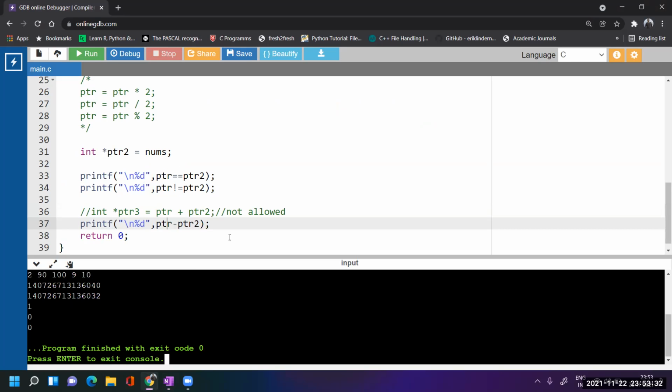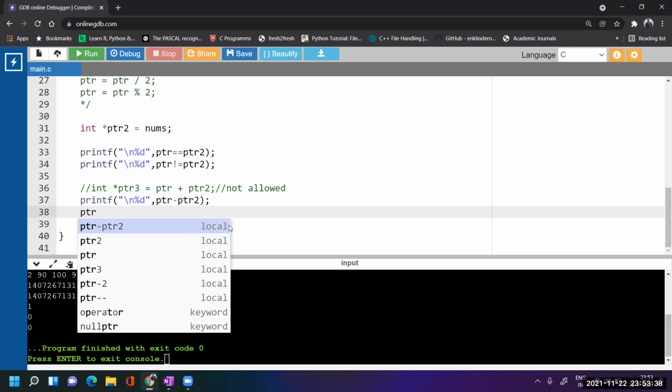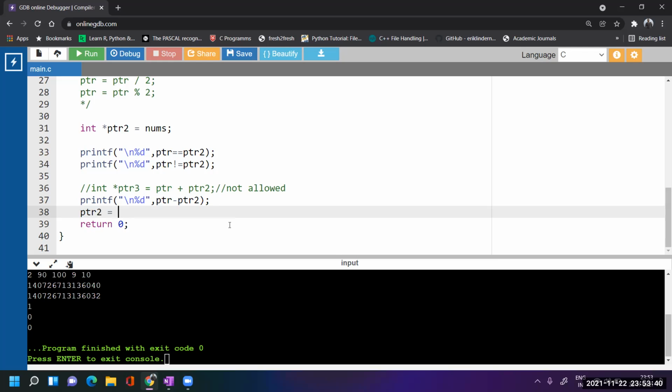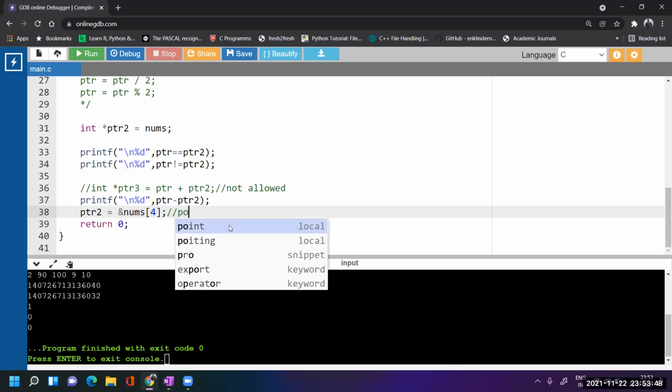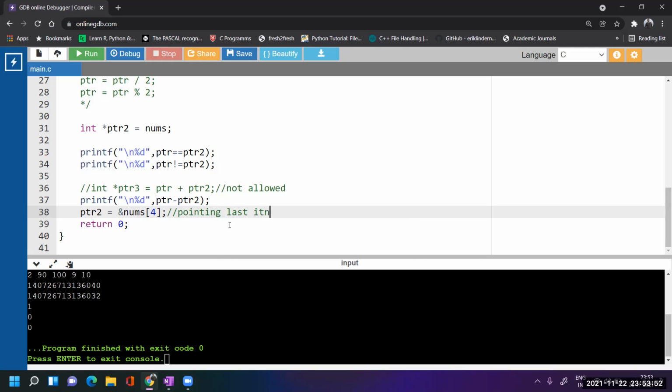Now see, let us change the ptr2. ptr2 equal to address of nums of 4. Now it is pointing to the last item. Definitely the address of the last item will be higher than the address of the first item, correct?